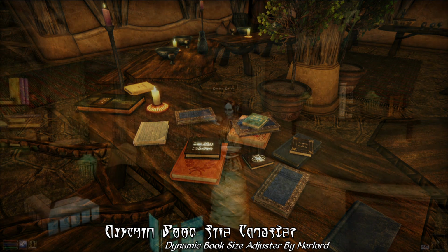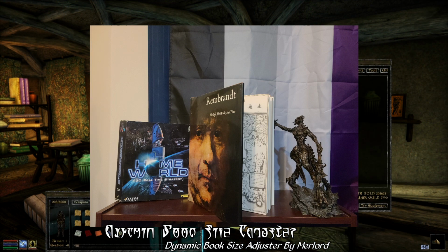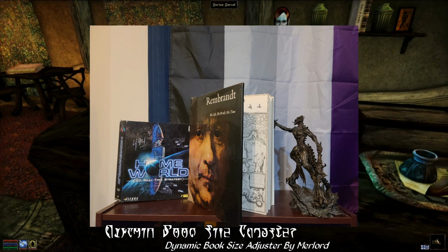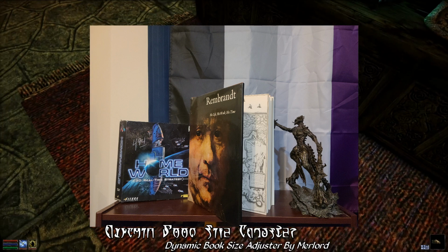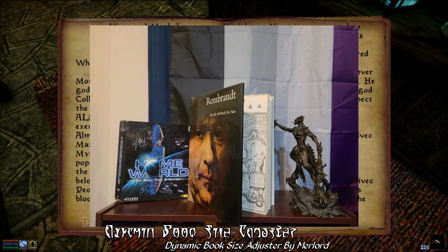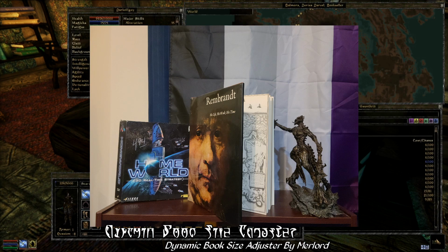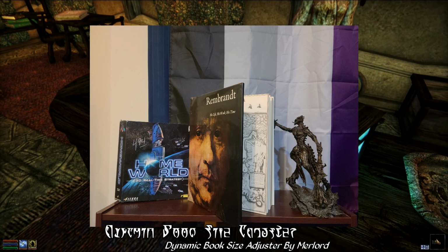All right. You see this? You see this right here? This is a real book. Notice how large it is, and for scale, by the way, I've placed a statue of Molag Bal to one side, and an original 1999 copy of Homeworld, when the actual giant cardboard box is, from the 90s, next to it.